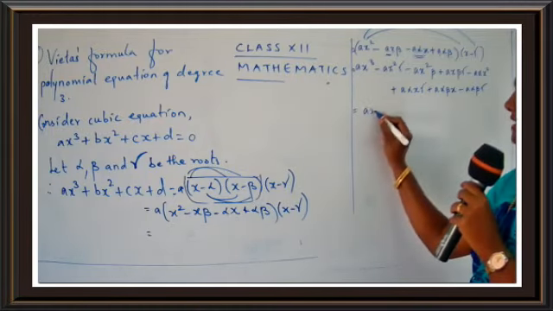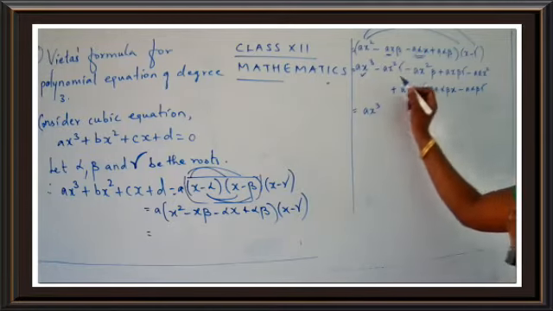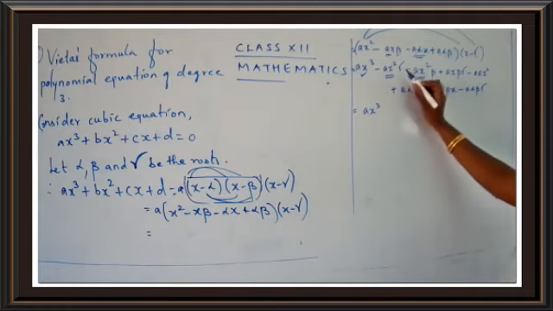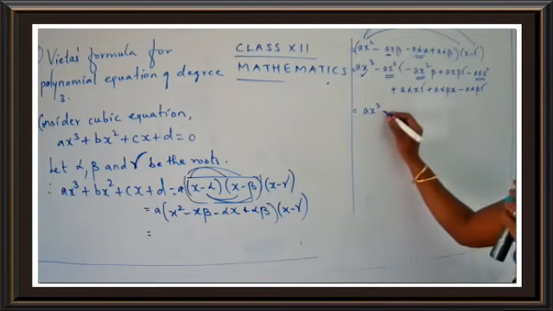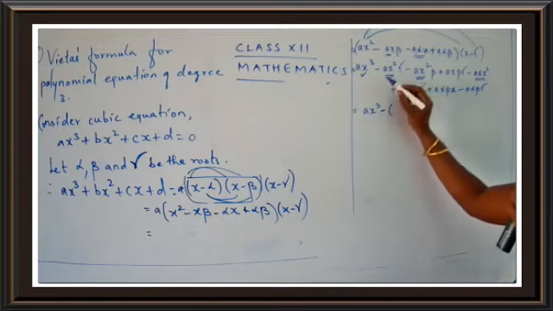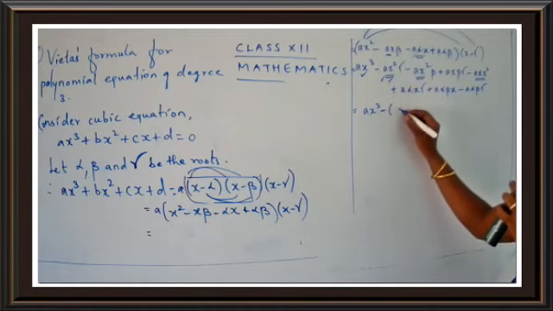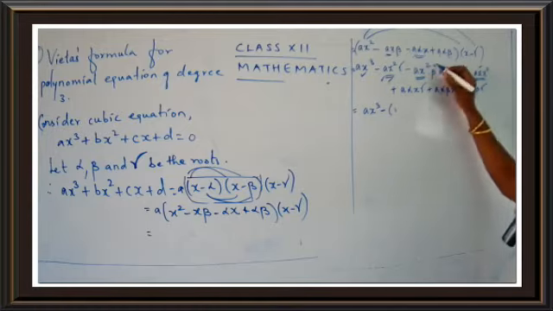I get a x cube. Okay, this is a cube term. Try to group the square term. Okay, x square term. So this is a x square term. X square term, alpha, beta. This is gamma, beta. One more x square term. Again, I'm going to take the minus sign common, children. What is common? Just see here. Alpha is common and a and x is common. A x square is common. So what is left here? Gamma, beta and alpha.